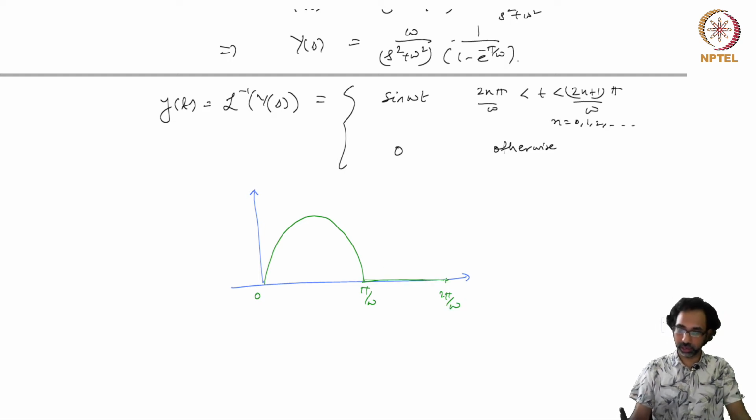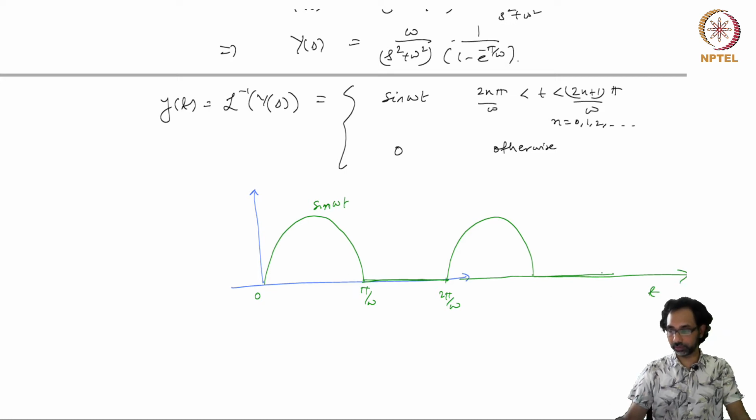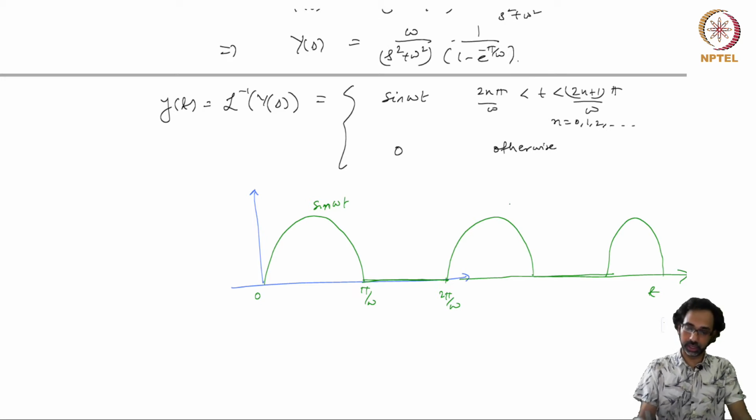So it behaves as sine omega t from 0 to pi by omega, and then 0 from pi by omega to 2 pi by omega, and then this function will repeat as t goes to infinity. So we'll have repeated such things. So this is a periodic function, and the Laplace transform for this function, let me call it Y(s) again because